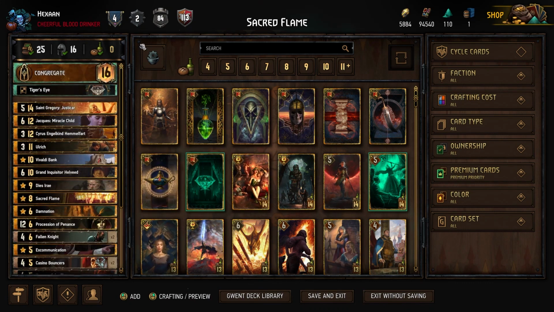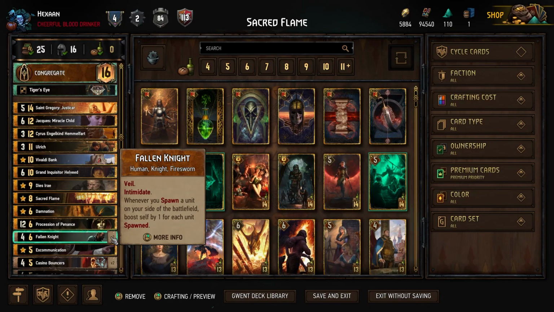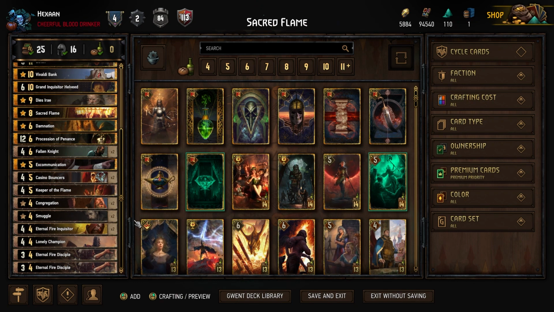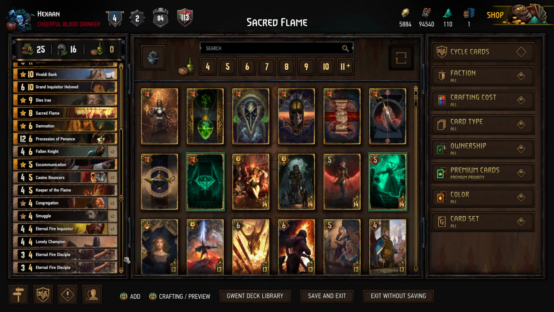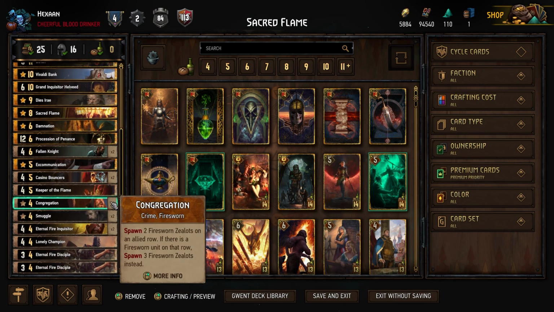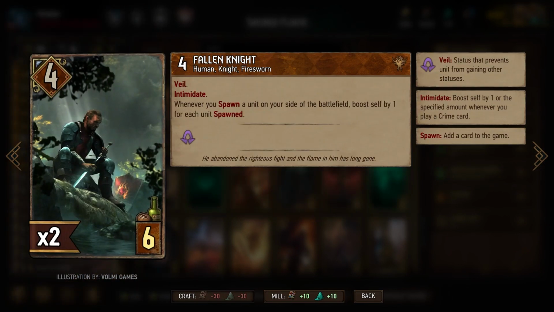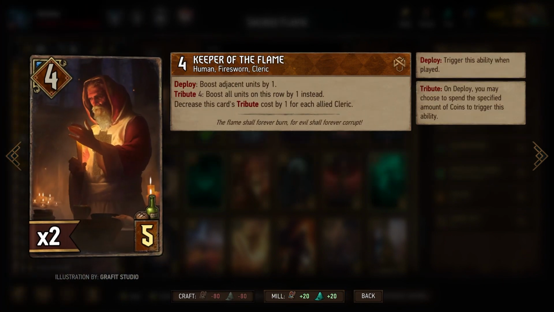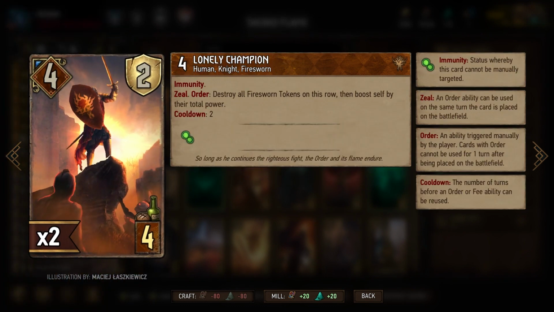So in round 1, if you have Ulrich and Fallen Knight in hand, you play both of them together, and then you keep spawning stuff. You thin your casino bouncers, and then you keep playing your congregation, sorry, all this while your Fallen Knight is boosted, and then you can play your Keeper of the Flame and boost everything in the row,